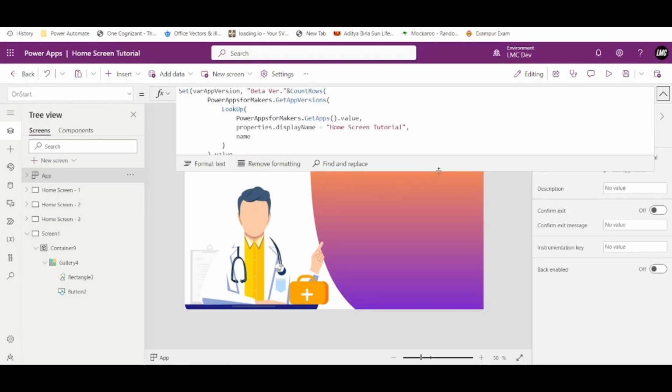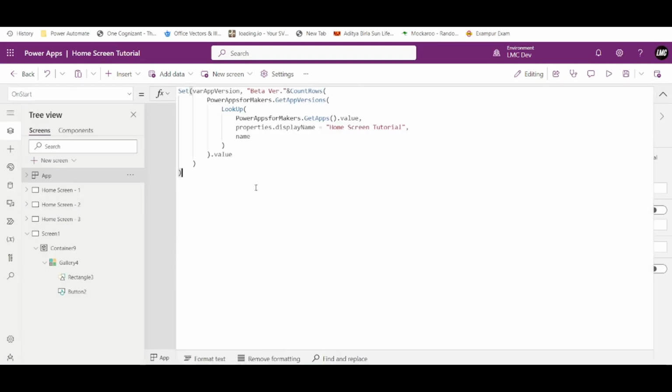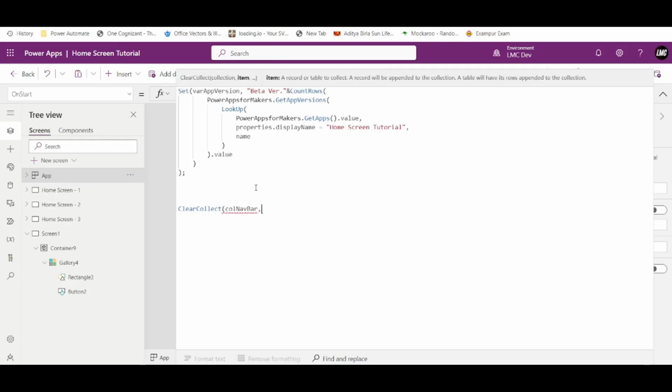Anyways, I've created these variables. For now, just ignore this. Create one collection. How do you create it? Type like this, ClearCollect. I don't know why the code is not coming up here. Who knows? Let's call my collection colNavBar. And here I need to provide items, so for that I'll use a curly bracket, and inside it